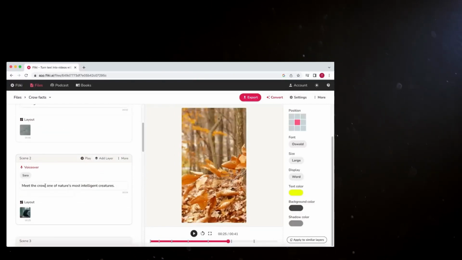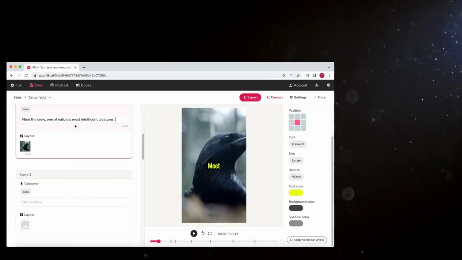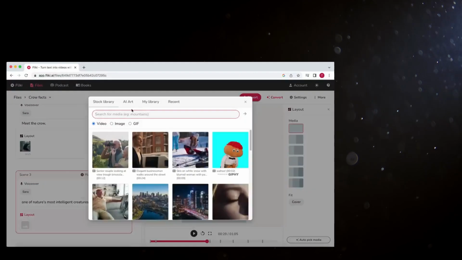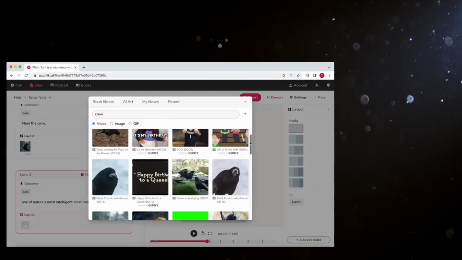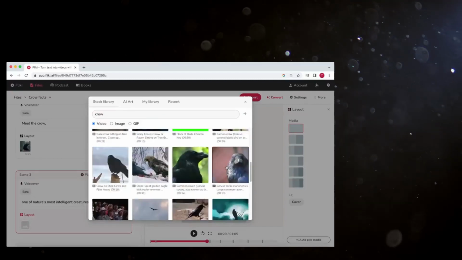First, what I would do, definitely in the first part, is switch up the footage a lot more. You can do this by adding a scene and copying the text you want to have in this separate scene. Then you can manually add footage to this scene by selecting the image icon. Search for something you think that matches the scene and select it.